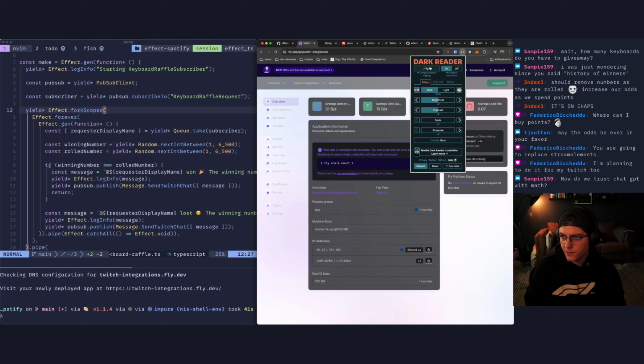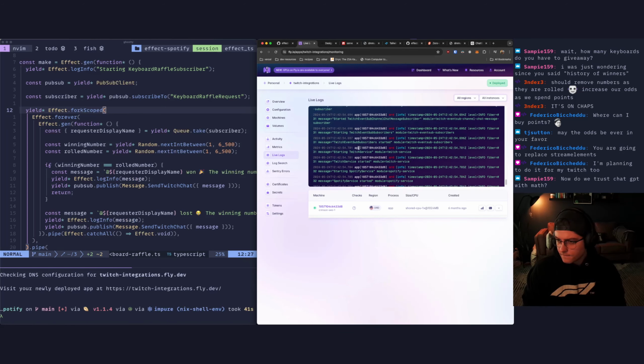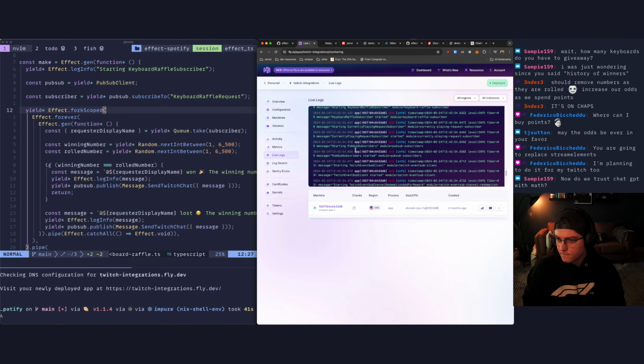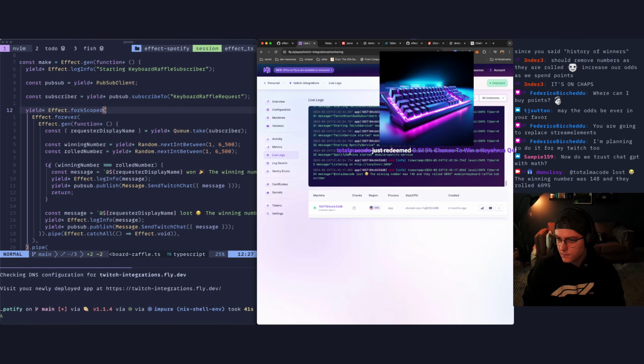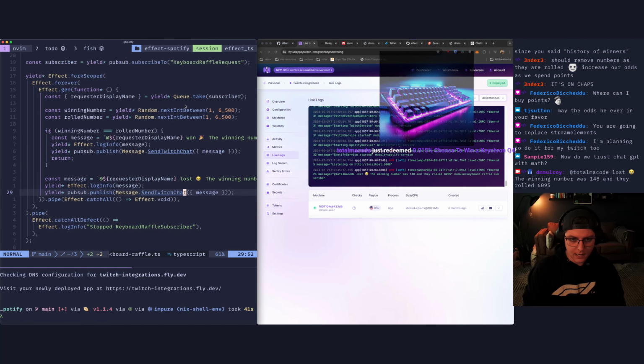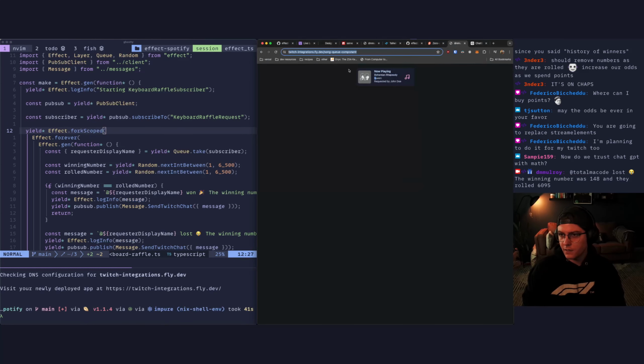Wow, Dark Reader just got wrecked. This is so nice. All right, so next up is working on our little component, which should be loaded here.